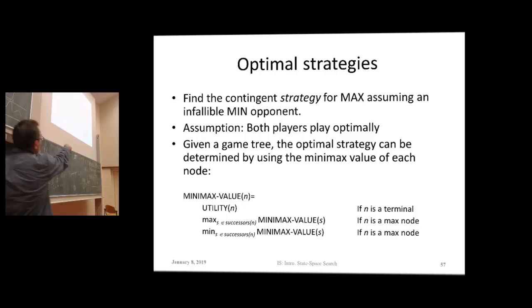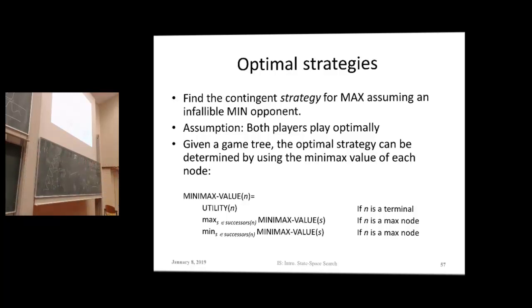So I want to calculate a min-max value, an estimation of what the value can be, according to a choice of a certain node. I will use this later for the ordering of my fringe. What is the highest value I can find for the nodes that I can explore? And if the node that I want to explore is a leaf node of my tree, then I just give it the utility value. Whenever I have this, there's nothing I can do with it anymore. I just have the utility value. But it becomes interesting when it's about evaluating a node somewhere before, for example, where Min is going to make a move.